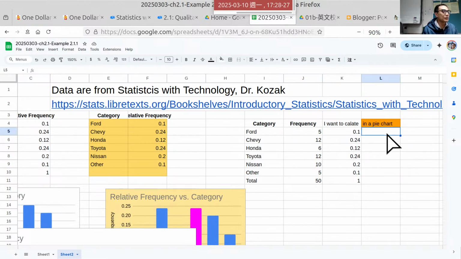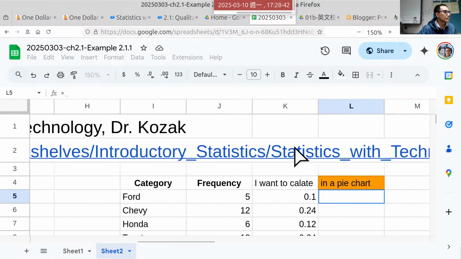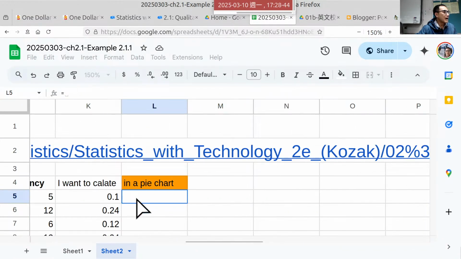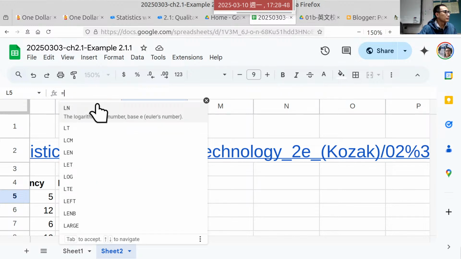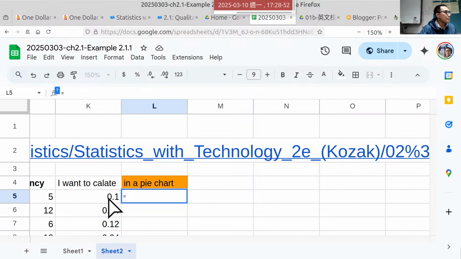And now I want to know what 0.1 means. It means 10%. I click here, click equal, and 0.1